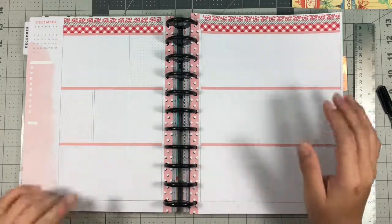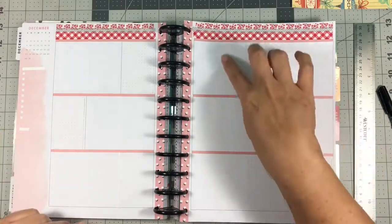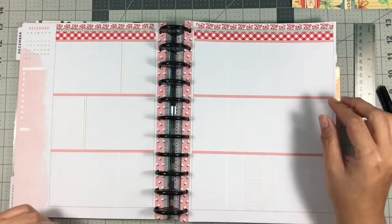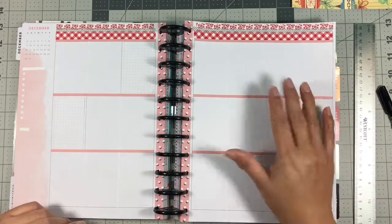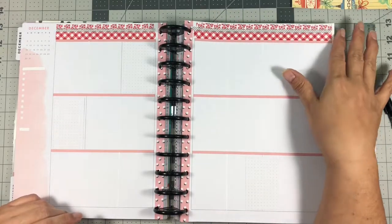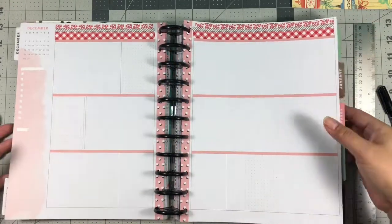I have done a little bit already just because I think it's super tedious if you watch me do some whiteouts and washi tape, but that's what I've done. I've done whiteout on the lines because I will be turning this into a dashboard layout, or at least my version of that. I have put some washi at the top, and then if you can see it,